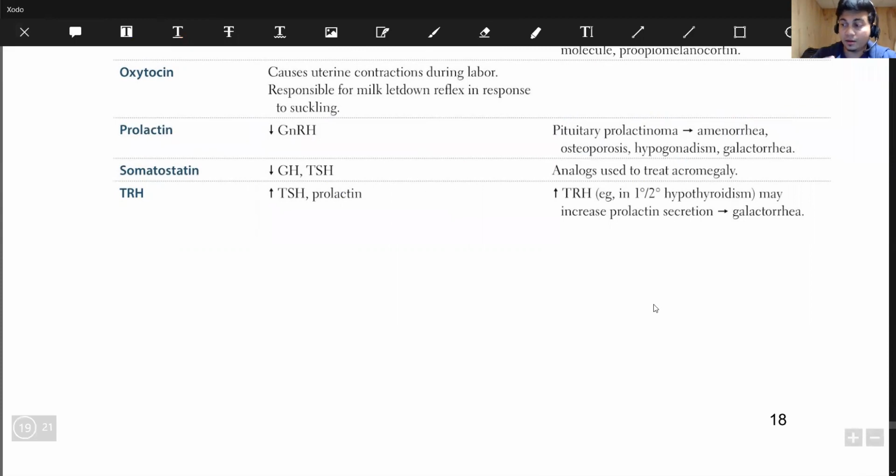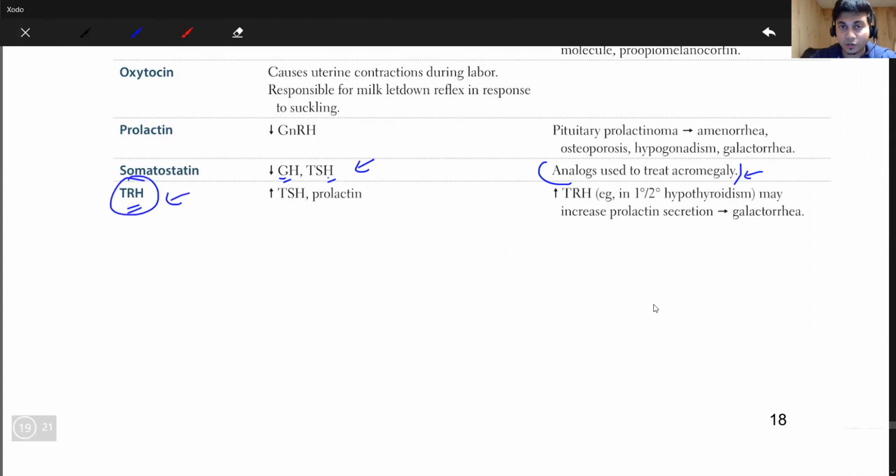Somatostatin is an inhibitor of the growth hormone and also TSH, that means thyroid stimulating hormone. These analogs are used to treat acromegaly. Thyrotropin releasing hormone increases the TSH and prolactin secretion. If there is an increase in TRH, it may cause prolactin secretion that might lead to galactorrhea. That means if someone has hypothyroidism,